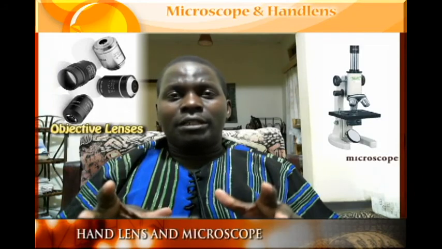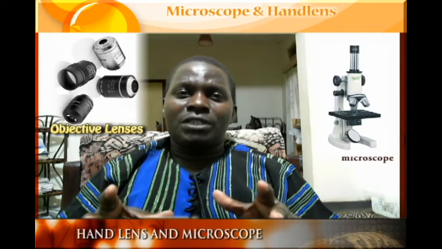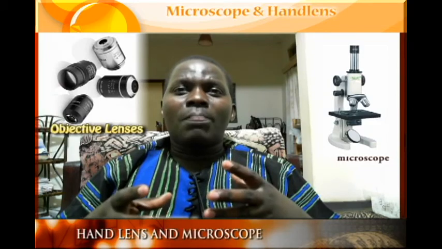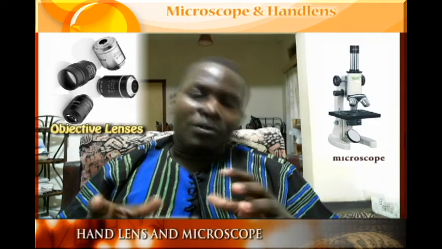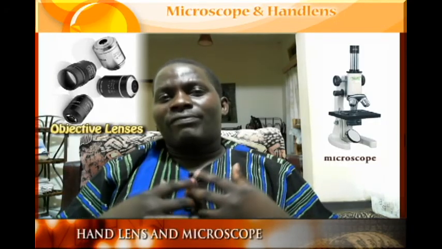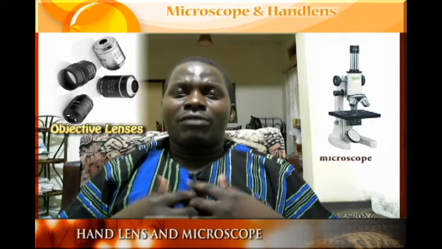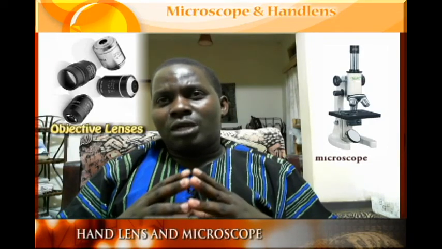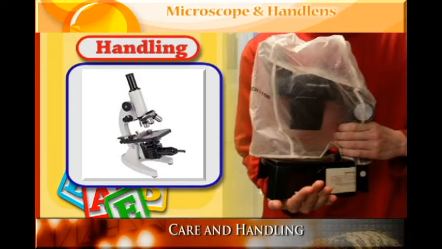Now, after seeing the different parts and the functioning of the different parts of the microscope, this brings us to the way of caring for a microscope or a hand lens. How should we care for the microscope? How should we take care of the microscope? One of the things that we have to know is the handling of the microscope. We should be very careful. We should handle the microscope using both hands, not with only one hand. Please handle it with both your hands, one hand on the arm and the other one holding